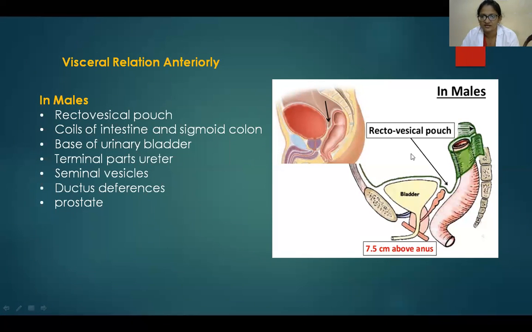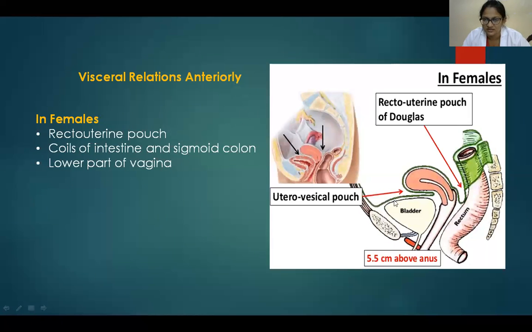These are the anterior relations in men, whereas in females, in front of the rectum there is one more structure, the uterus. This is the uterus and this is the bladder. So here is the rectouterine pouch, which consists of coils of the intestine. In females the rectum is anteriorly related with the rectouterine pouch, which consists of coils of intestine, the sigmoid colon,